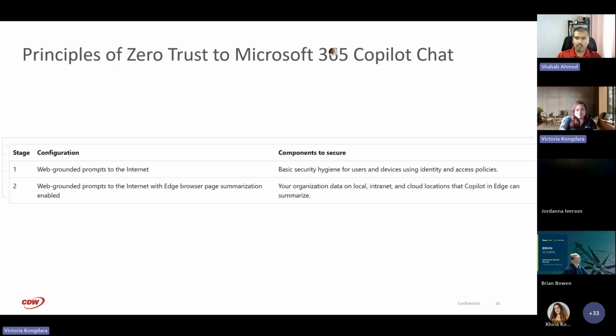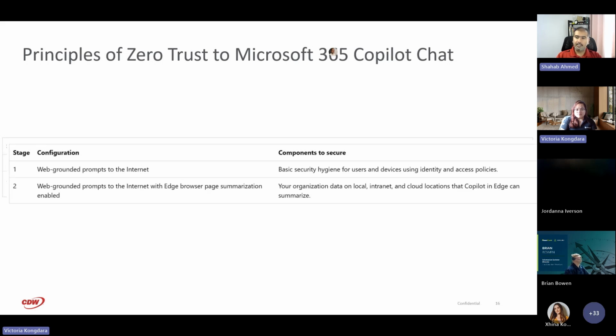Anything that you prompt Copilot with, there's a portion of it that can get grounded. So we just want to make sure that all of those elements are secured before they get reached out, and that these are elements like conditional access, things like MFA,